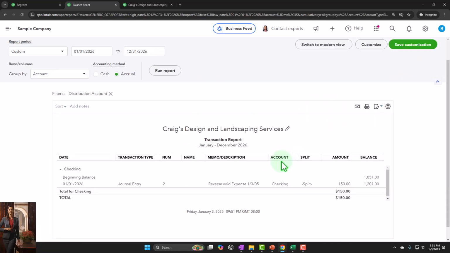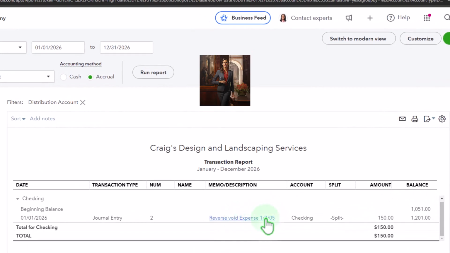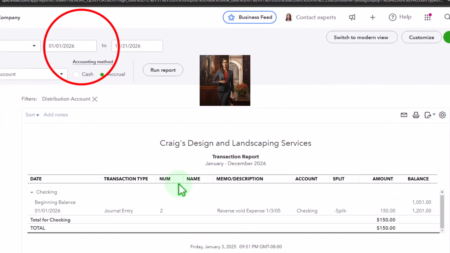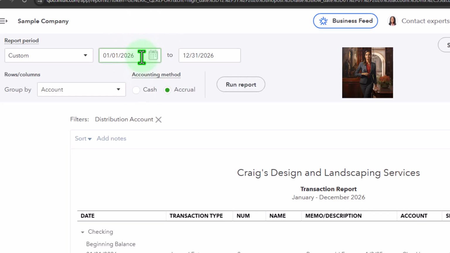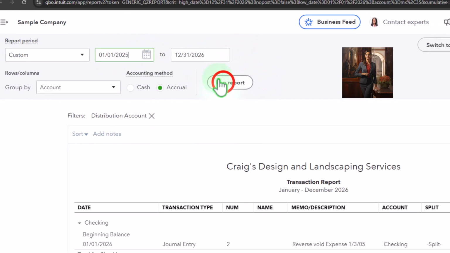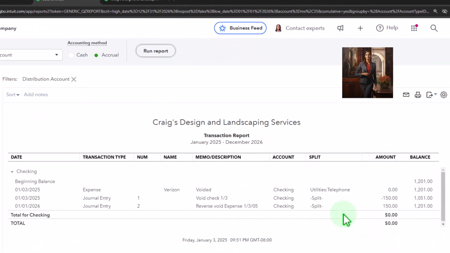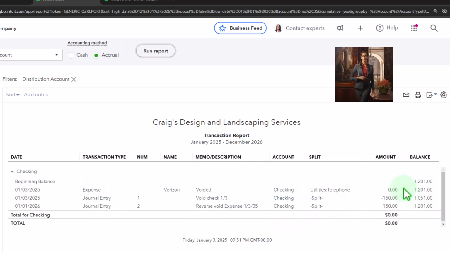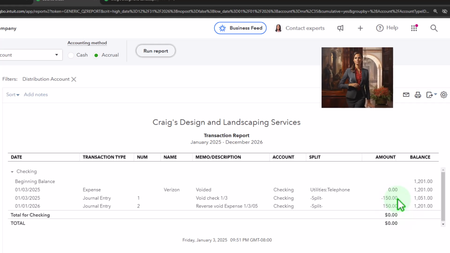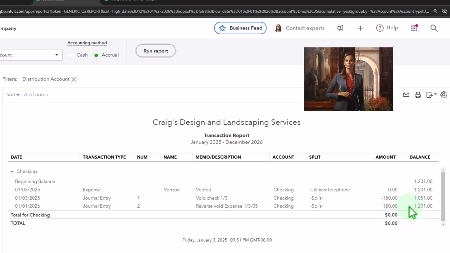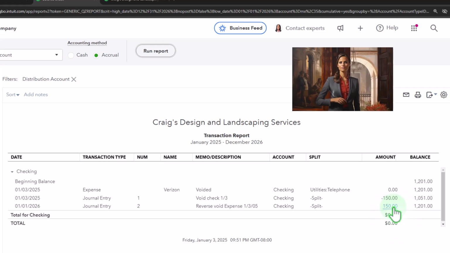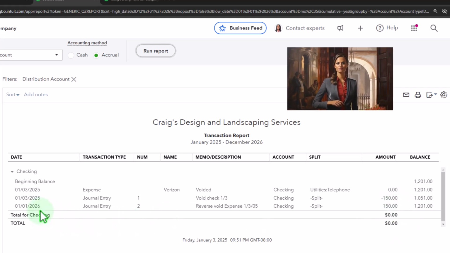Let me refresh it again. So there's the reversal in 2026. So if I bring this back to 2025 and 2026, you can see here's the original one, and we voided it, then we put it back on the books to not mess up the prior period, and then we reversed it in the current year in 2026,